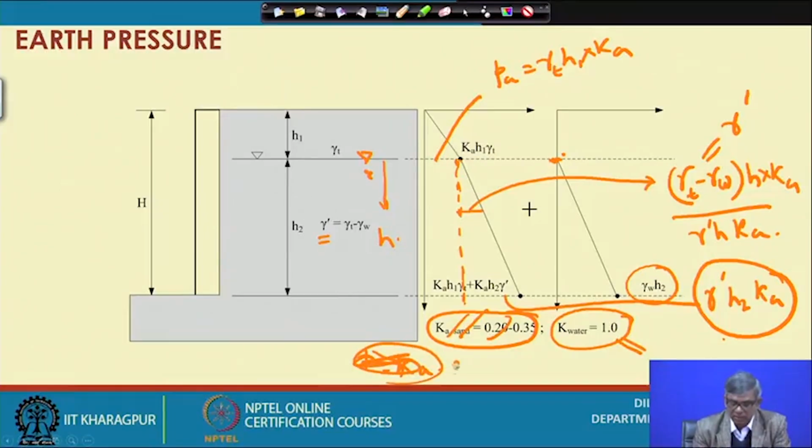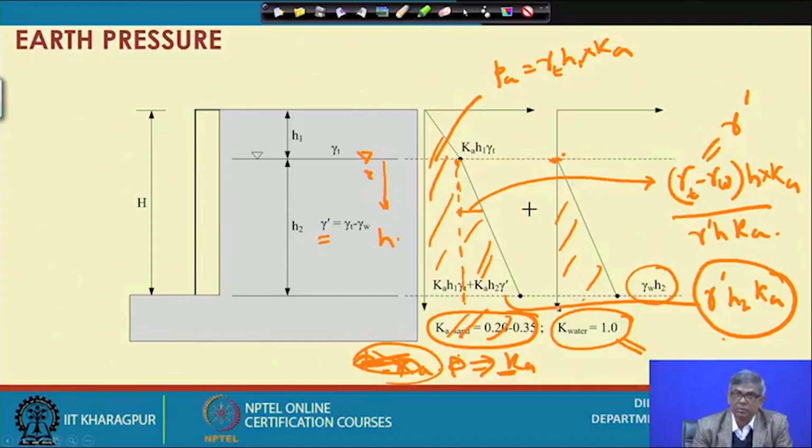So, if the phi value is known, then one can find out Ka. Sorry, this is not equal. If phi is known, that gives you Ka. So the Ka value can be anything like 0.3, 0.4, 0.35, all those things. So I can find out the Ka, and for water Ka is 1 always. Now if I want to find out the total thrust on the wall, what do I have to do? I have to find out the area of these 3 parts plus the area of these parts, and then